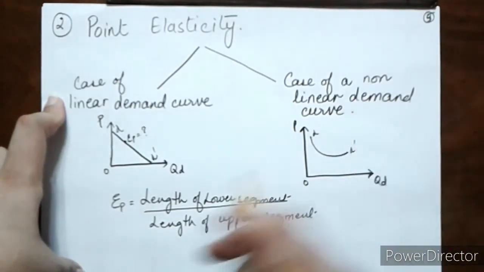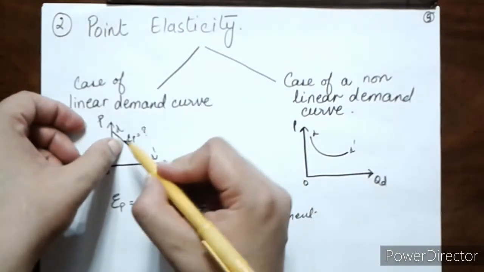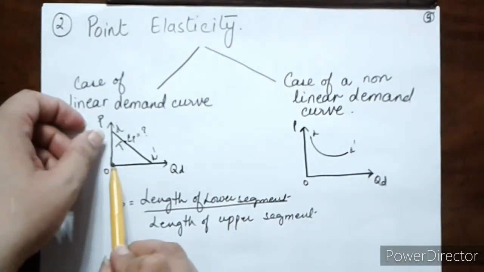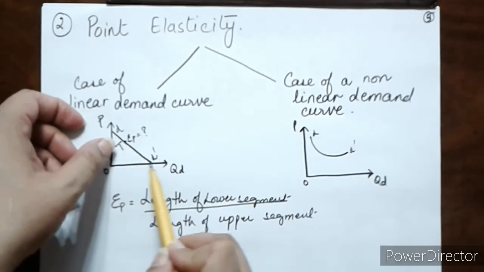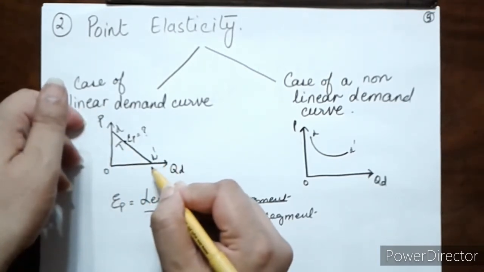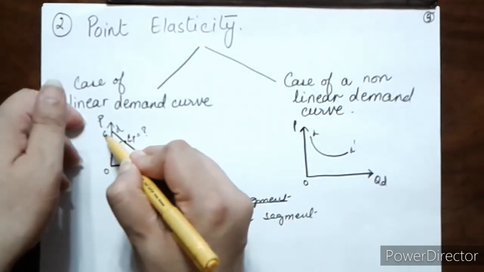What am I going to do? I'm going to take my ruler and I am going to measure. Let's say this point is labeled as T. What am I going to do? I am going to take my ruler and measure the distance from point T to this point. So let me call this point F and this point G.